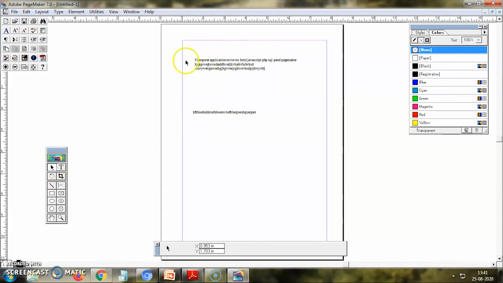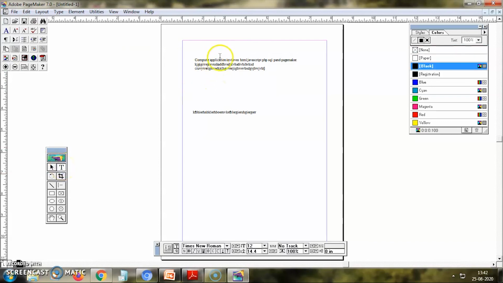What will the pointer tool do? It just points and clicks, but you cannot select the text inside. To select the text inside, you must click the text tool. Only when you click it will the I-beam appear. The cursor shows as an I-beam, and only then can you click and select the text. So you must first click the text tool, then the cursor becomes an I-beam, and only then will you be able to select the text.